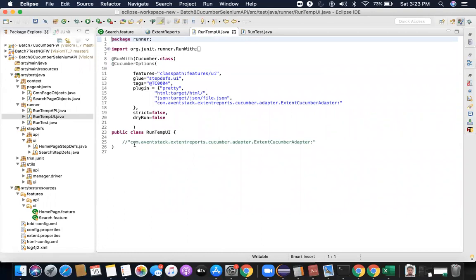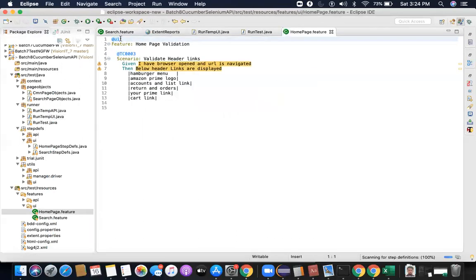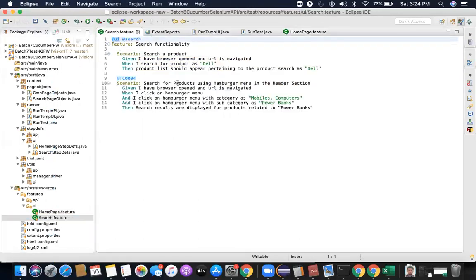Usually when you have to run all your test cases, you don't mention the low level tags. You only mention UI. If I want to run UI test cases, all I would mention is @UI, so it will run all the feature files which are tagged with UI. That is how we have structured our framework.